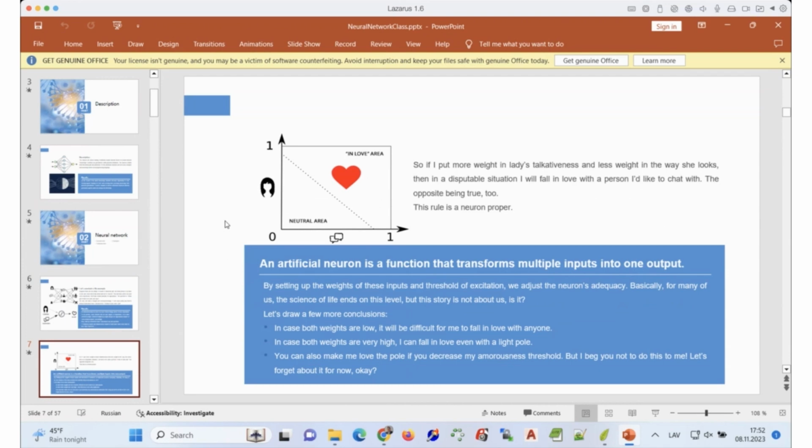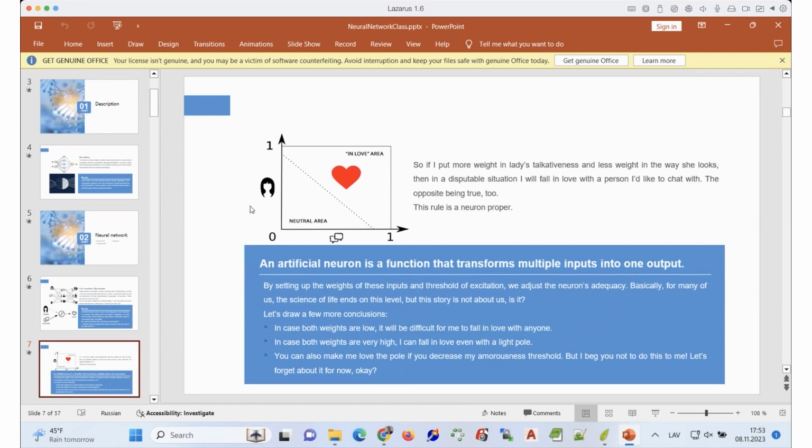And there could be a mistaken consideration of what would happen if the person were, let's say, with more charisma, more talking, more caring, and other things. And we could draw the line which would say if we're feeling neutral about the person, or we are feeling in love, for example. In other words, we like the person. As we know, such strict thinking does not happen in life, right?